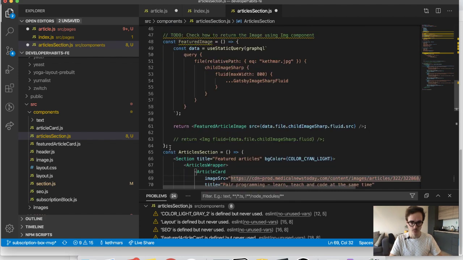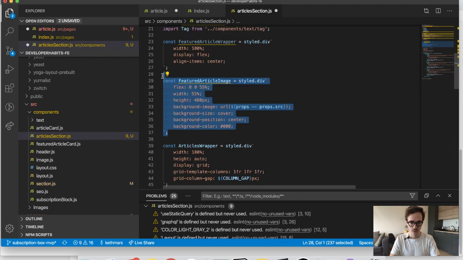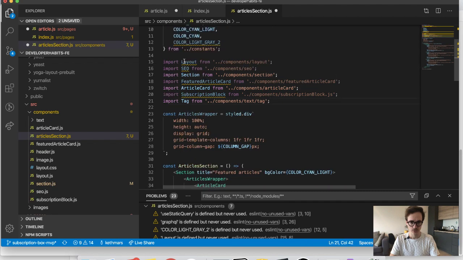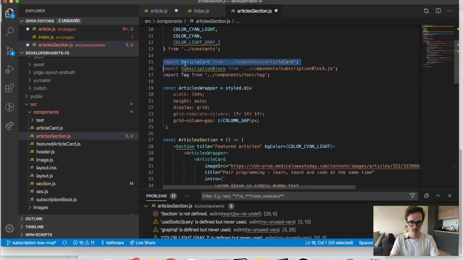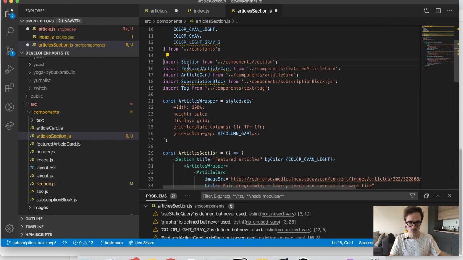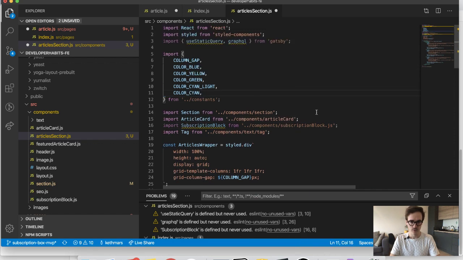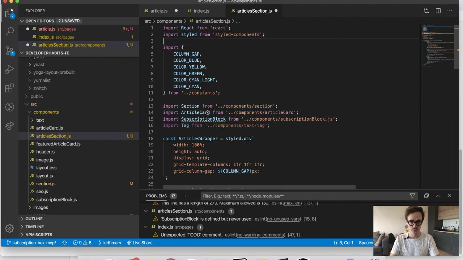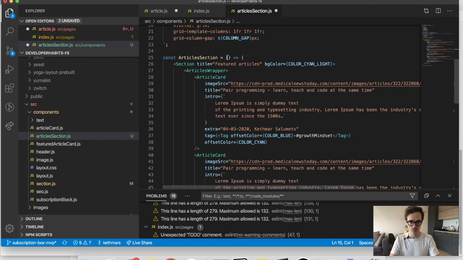Article section, we won't be needing featured image, nor those things here. I'm gonna remove all the things that are not used. Article card is used. Also section is used. That thing here isn't used. And those aren't used. And that's not used. So now what we are going to take in is actually,